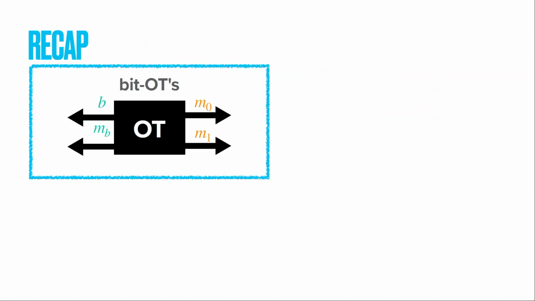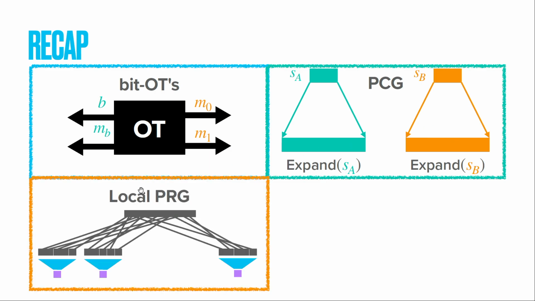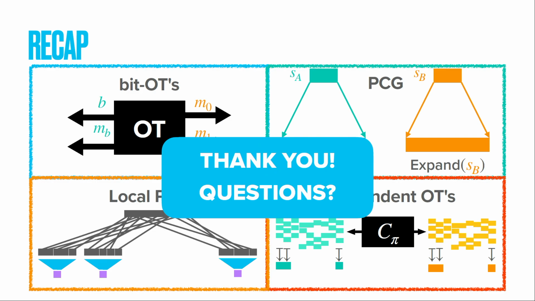All right, allow me to quickly recap. We talked today about these bit OTs. This is the OT, Oblivious Transfer session. One of the main ideas that we used to get a result was a construction of a PCG, where, I'll remind you, we have short correlated seeds that get expanded in a silent expansion phase into pseudorandom strings that satisfy a target correlation. We needed to use this local PRG in order to have constant overhead per output of the PCG in the expansion phase. And then we had this idea of constructing a projected version of the correlation in order to reduce the computational overhead per step. All right, that's all I have time for, so I'll stop here and take questions. Thank you.